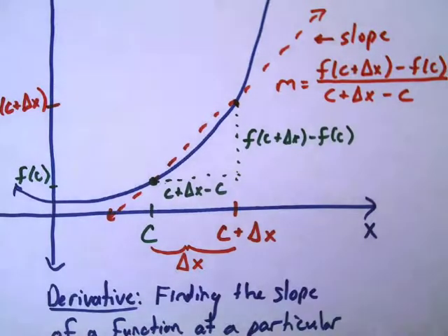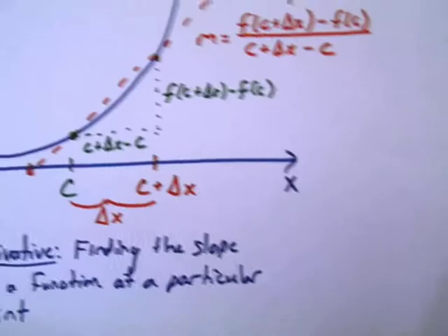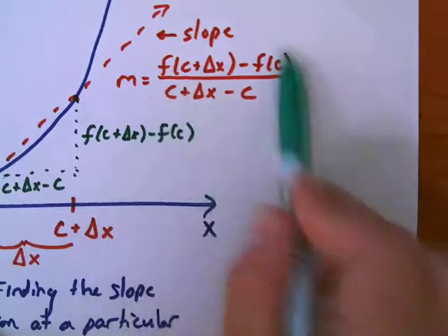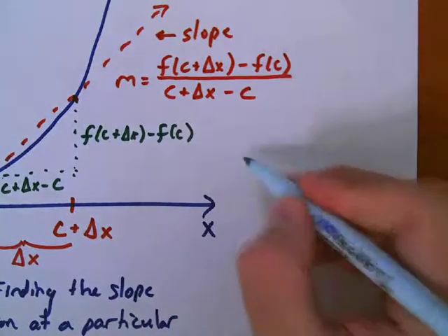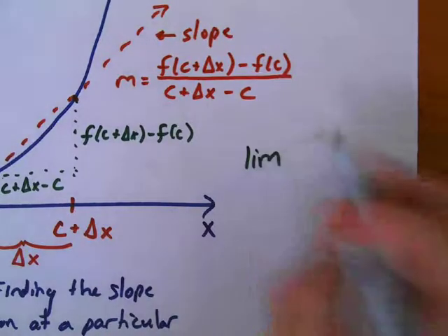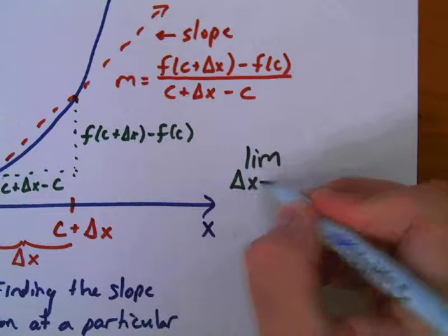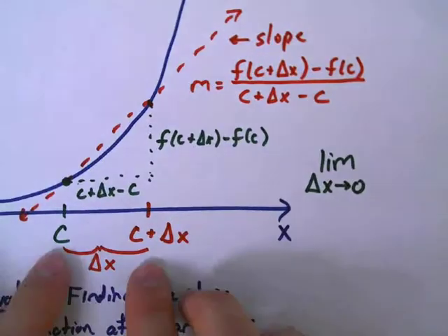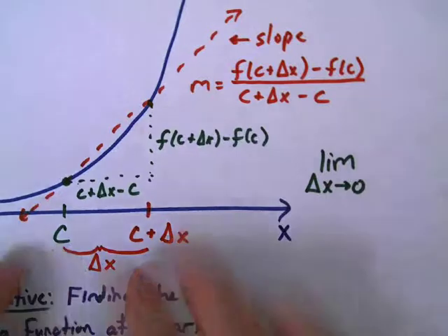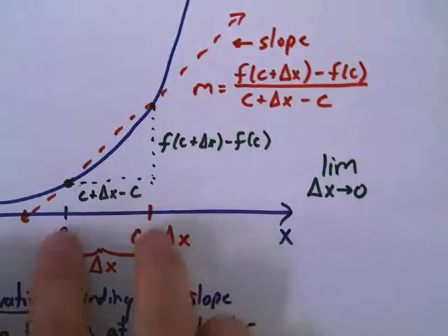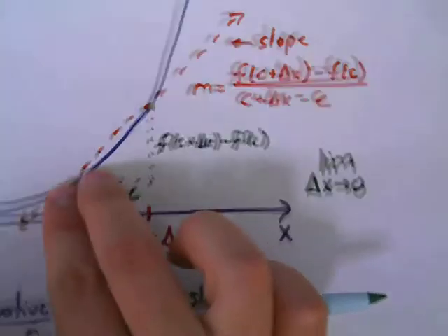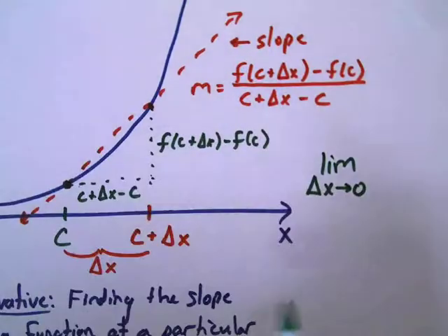So here's what it's going to look like. We are going to take this function and take the limit of it as delta x approaches 0. And remember, delta x is the distance between these two points. So we want the distance between those 2 points to be as close to 0 as possible so that we can get the best